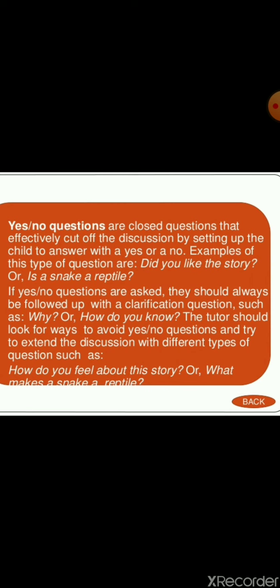Just see, did you like the story? Very simple. Yes. Is a snake a reptile? Yes, of course, it's a reptile. There is no question ahead. So, if yes or no questions are asked, they should always be followed up with a clarification question such as